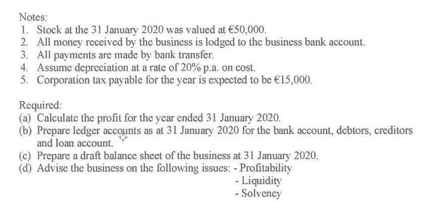The next thing we've got to do, I suppose, will be the balance sheet. Now, the balance sheet is the other part of the final accounts. We will need to do some calculations. So that's why we're asked here in B to prepare ledger accounts. And remember, the ledger accounts are in the nominal ledger. So we've got to do not the whole nominal ledger, but just some of the accounts in it. Remember what the nominal ledger is: it's a collection of ledger accounts, or T accounts. We're not asked to do them all in this example. We're just asked to do some of them that we really need to do the calculations for